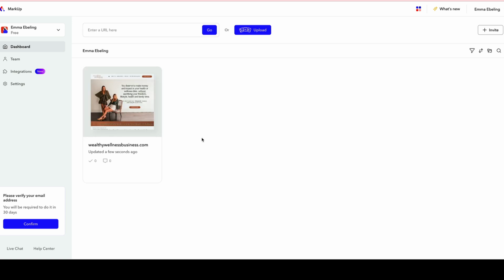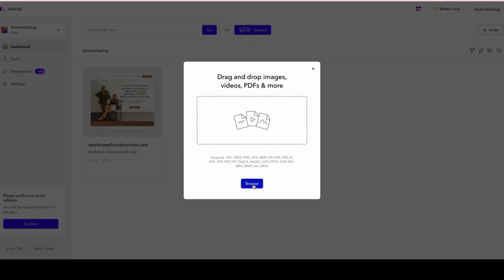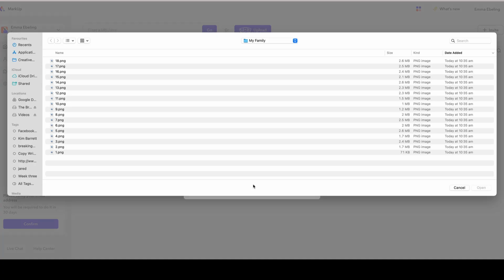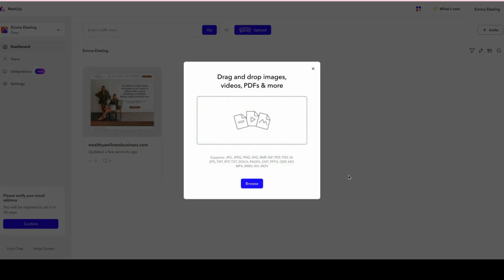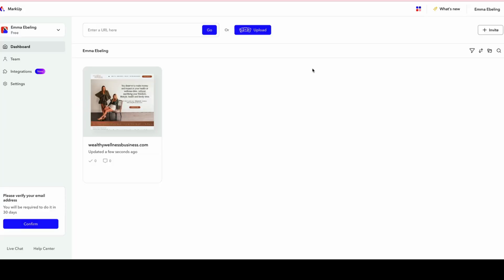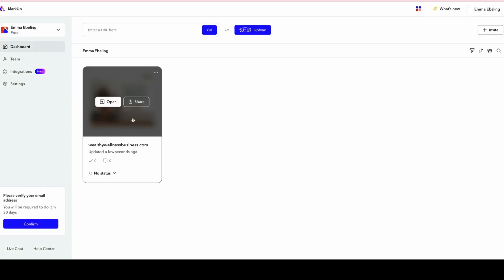If you have something that you would like to upload and for us to comment on, you can do so here. Upload, browse your files within your computer, and you can upload them from there. And then the process is the same. We can leave comments on them. The way we leave comments on it is opening the document. If it's a website,